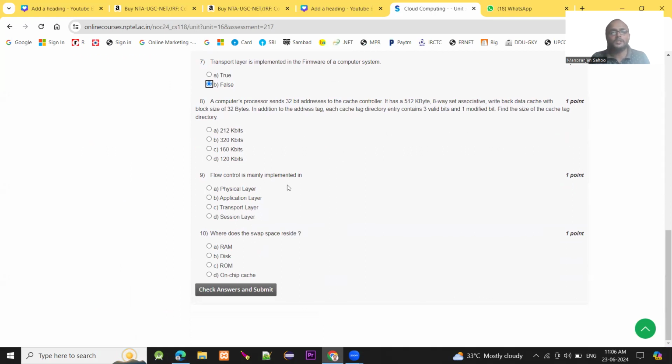Moving to question number 8, it is a numerical based question. A computer's processor sends 32-bit addresses to the cache controller. It has a 512 kilobyte 8-way set associative write back data cache with a block size of 32 bytes. In addition to the address tag, each cache tag directory entry contains 3 valid bits and 1 modified bit. Find the size of the cache tag directory. Okay. So by calculating, we'll see